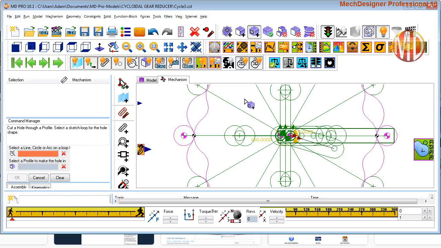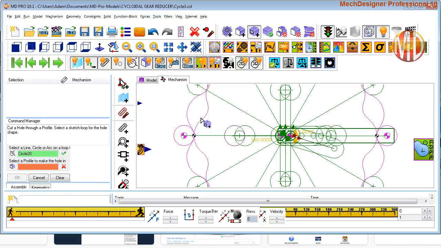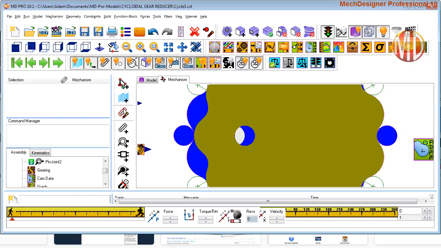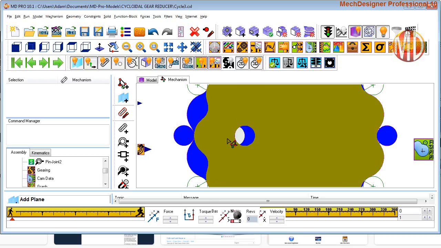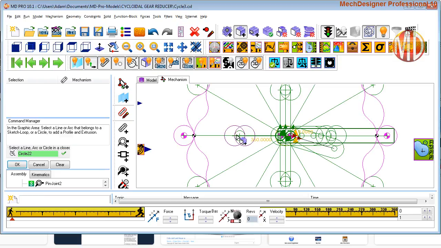Okay, so I've already got the circles in there, so I select the circle and then the profile that it's within, and I'll just do these two to begin with, and that one there, and hopefully when I show the solids you can see that they're cut through, and if I cycle through you'll see that they stay partially engaged with each other, and we can put a pin in the middle of that lot. So I'll use that to add a pin and create a solid rather than a hole with that pin,